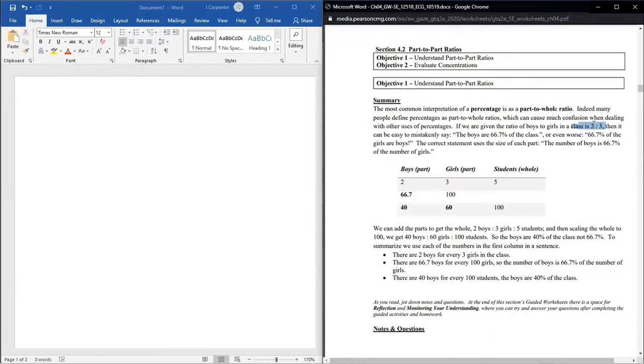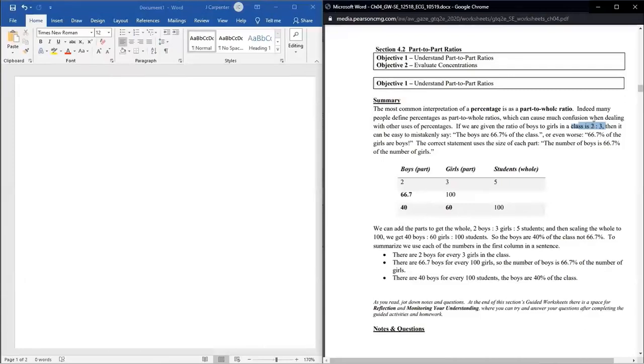Maybe this is just a general trend. So if you look at every single course across maybe 20,000 students, maybe it's just pretty consistently 2 to 3. But over time, that's likely to change. Maybe just a month, maybe a year, maybe a decade. But again, for the context of the problem, we're told it's proportional. So for every 2 boys, there's 3 girls, which means if I have 4 boys, there's 6 girls. It means if I have 8 boys, then there are 12 girls. If there's 20 boys, then there's 30 girls.